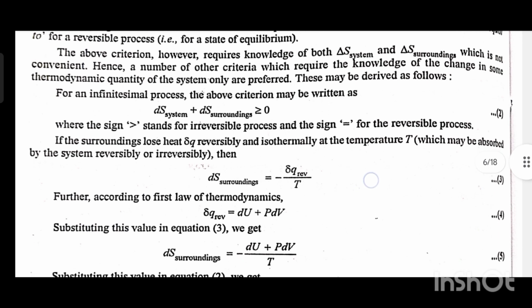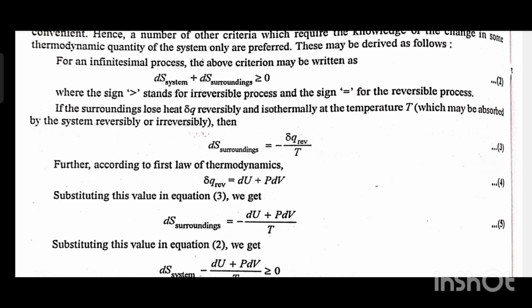The above criteria, however, require knowledge of both ΔS system and ΔS surrounding, which is not convenient. Hence, a number of other criteria, which require knowledge of the change in only some thermodynamic quantities of the system, are preferred. These may be derived as follows. For an infinitesimal process, the above criteria may be written as dS system plus dS surrounding is greater than or equal to 0, that is equation 2, where the sign greater than stands for an irreversible process and the sign equal to